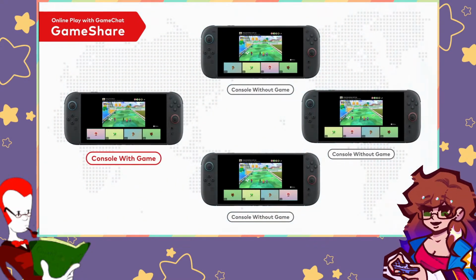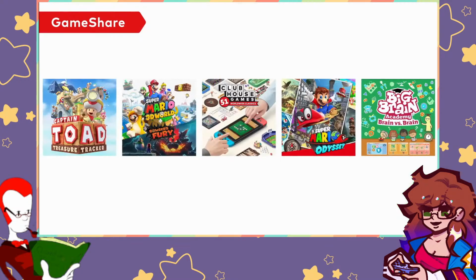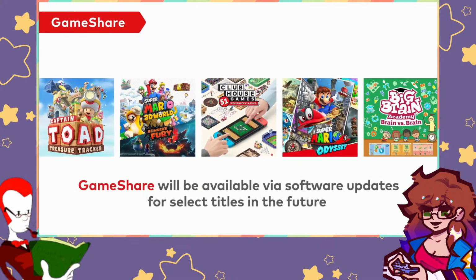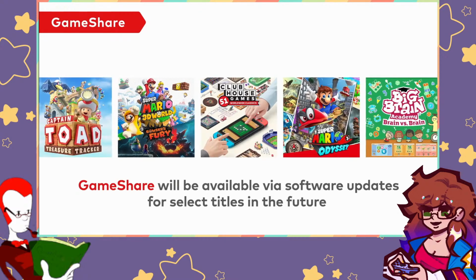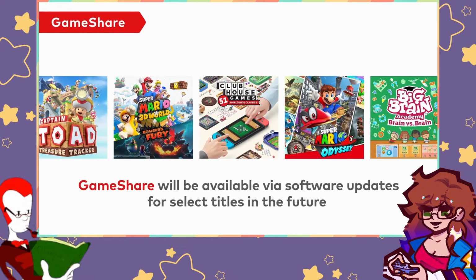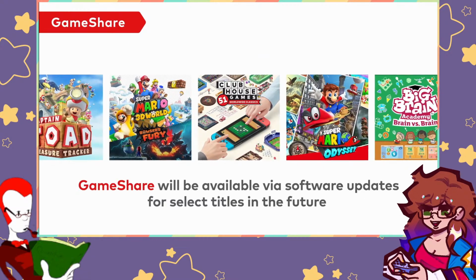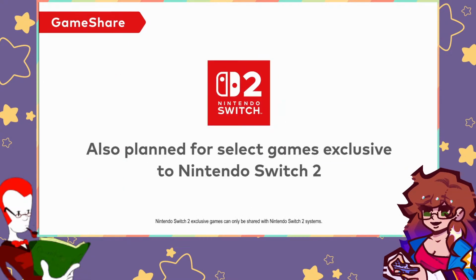Game Share also supports online play with other Switch 2 systems, and you can use it with friends via Game Chat, which we showed earlier. Game Share can only be used with compatible games. This feature is planned for several titles, starting with a free update for Clubhouse Games 51 Worldwide Classics on Nintendo Switch. This isn't gonna roll out slowly at all. Game Share support is also planned for select games exclusive to Nintendo Switch 2, so we hope you'll look forward to it. Up next,